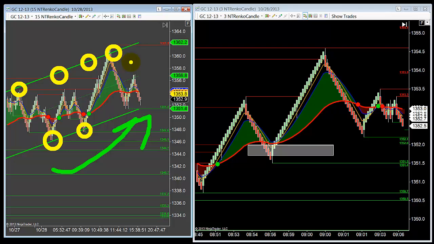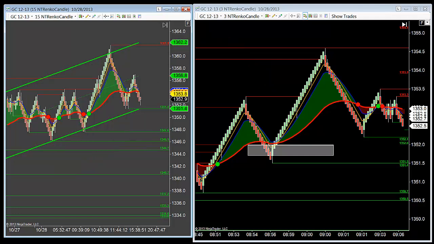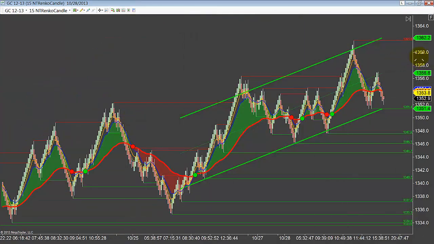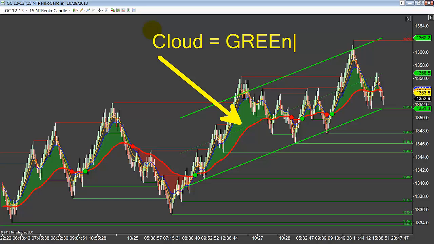Depending on what the anchor chart tells me, I then apply that to my entry chart. So for today's trade of the day, I want to show you how we begin the day with our anchor chart. Open that right up here on gold. What do you see here? We get a couple of simple indicators that we use on this. One, of course, we call the cloud. The cloud is green, and that tells me the bulls are most likely in charge. That tells me right off the bat that I want to be buying.